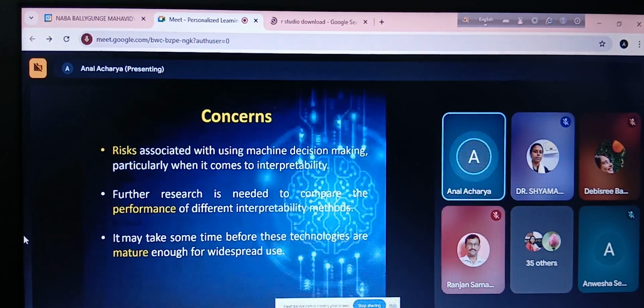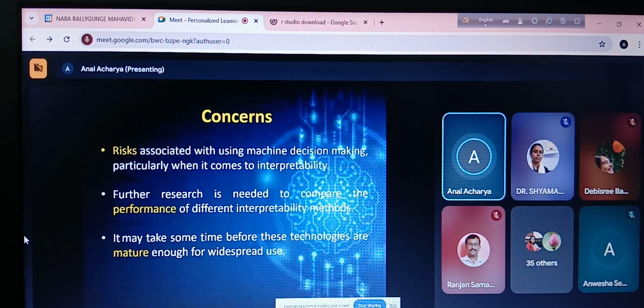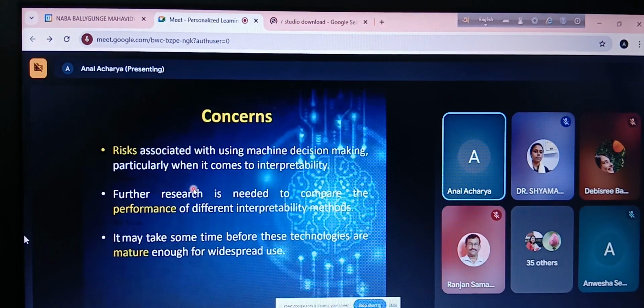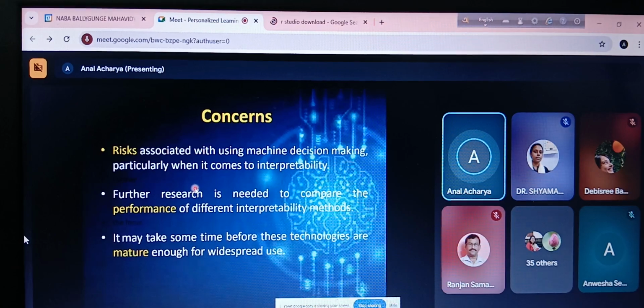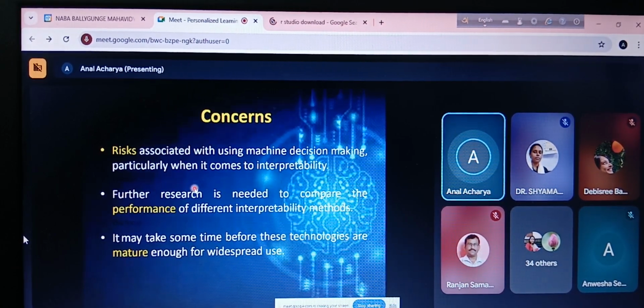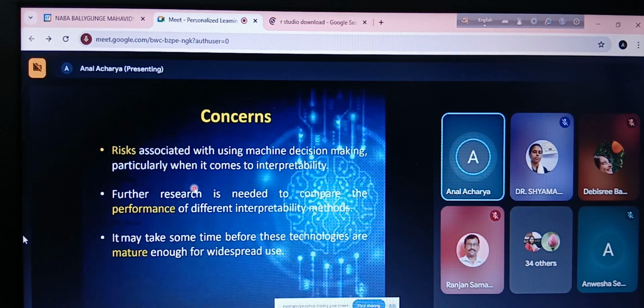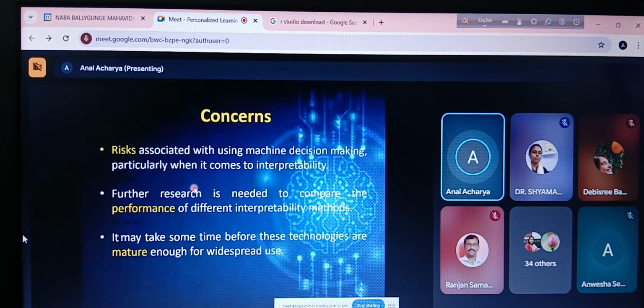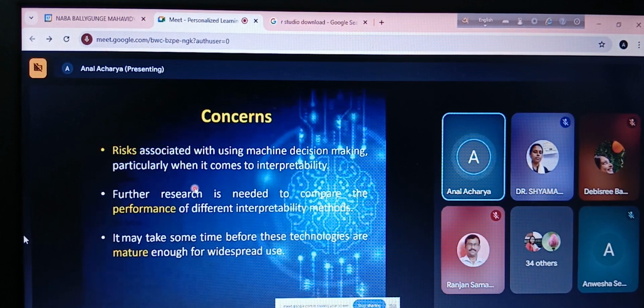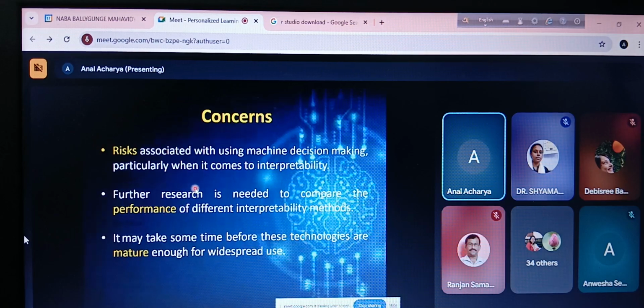In conclusion, we can say that there are certain concerns that we must remember. The risk associated with using machine learning decision making. So obviously, there are certain risks, isn't it? We are taking certain decisions based upon certain algorithms, isn't it so? The algorithm is giving us certain rules. Based upon the rule, we are making a decision. How correct the rules are, we do not know. The rules may be 70% correct. So if the rules are 70% correct, then there is a high probability